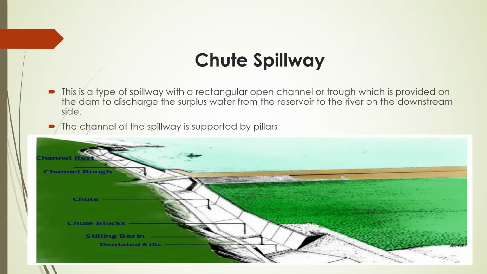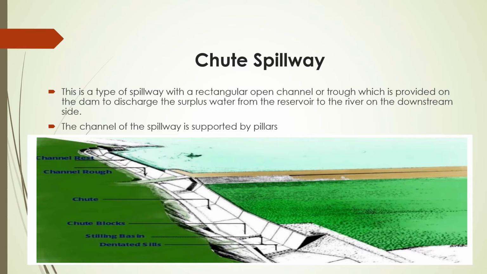Our next type of spillway is the chute spillway. Do you know what a chute is? A chute is a small pathway or a narrow canal. In the same way, a chute spillway is constructed on a dam's left side or right side or on both sides. This chute spillway is constructed by RCC cement concrete methods, so that the water flow will not permeate through the ground and cause any overturning effect to the dam.